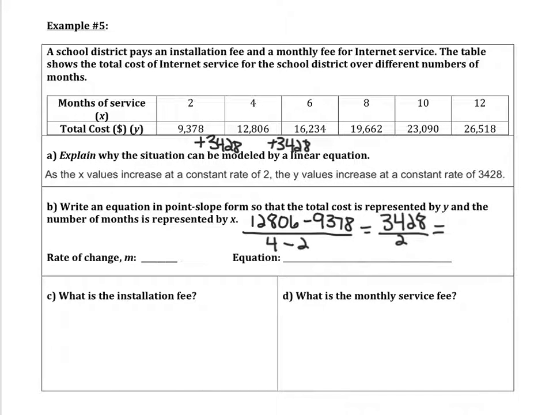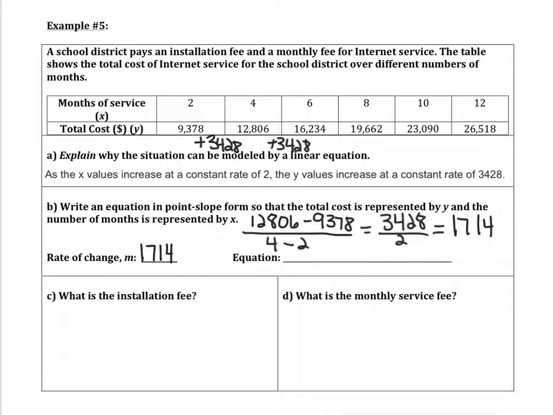So here's what I ended up with. I got 12,806 minus 9,378. I took these two values and subtracted. And then I took 4 minus 2. Since I used the 12,806 first, I used the 4 first in the bottom. So I know that 12,806 minus 9,378 was 3,428. That's what I figured out in part A. And then 4 minus 2 is 2. So 3,428 divided by 2 is 1,714. So there is my slope,